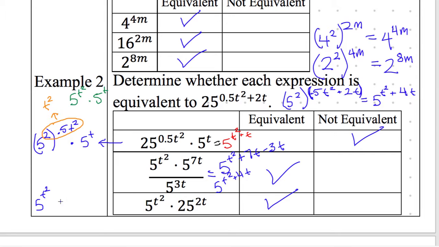Gio has told us I do the same thing, so I'm going to multiply by, this 25 turns into a 5 squared times 2, to the power of 2t. 2 times 2t is 4t, and then I add the 4t with the t squared plus 4t, which is exactly what matches up with our original problem. Wait, hold up, what was the original problem? The original was 5t squared times 25t, and then it turned into this. This was the original, which turned into this original right here. And then you have to make sure that when